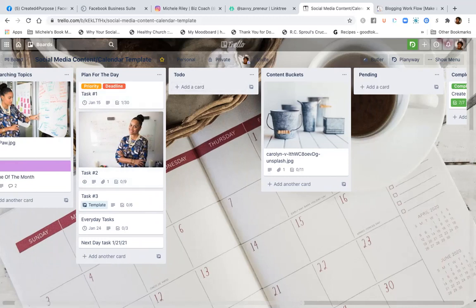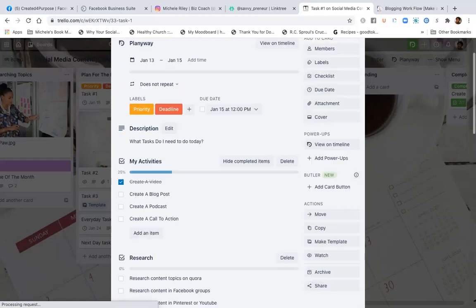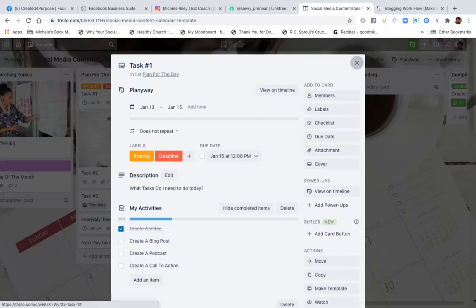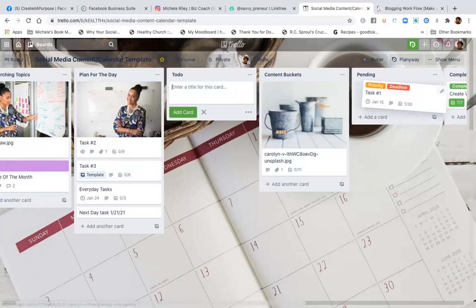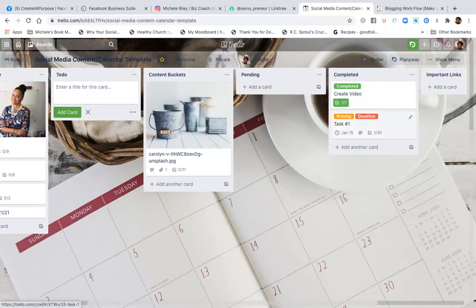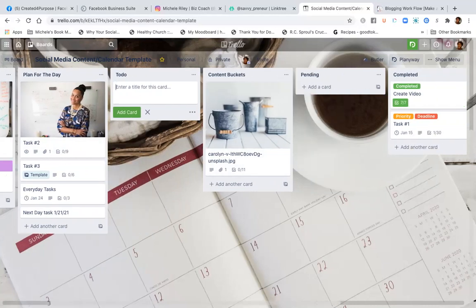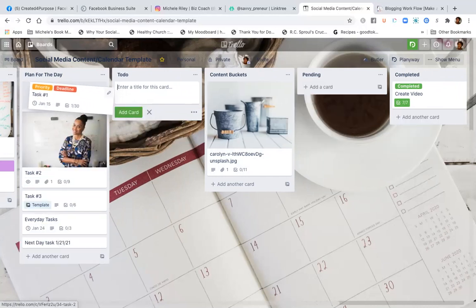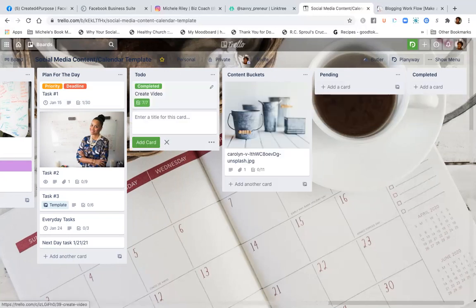So that's what I like to do. Even though these are my plans for the day, I would come in and see what I need to have done. Then I would go over into my to do list and create that card, because I'm going to reset this over again. But if I want, I can just move that over to the completed section without creating another card. The only thing is now that task card is out of its slot. So let me just show you. Let me bring this back over.